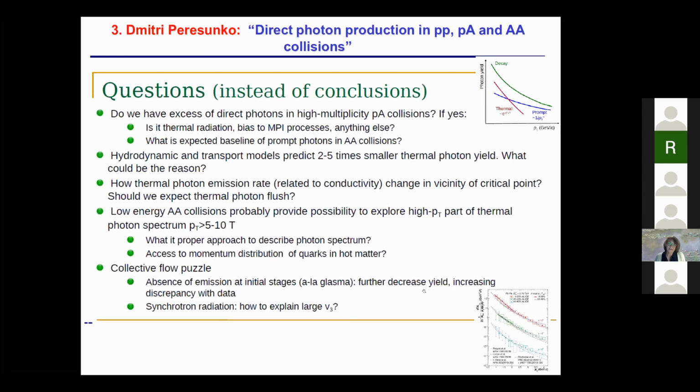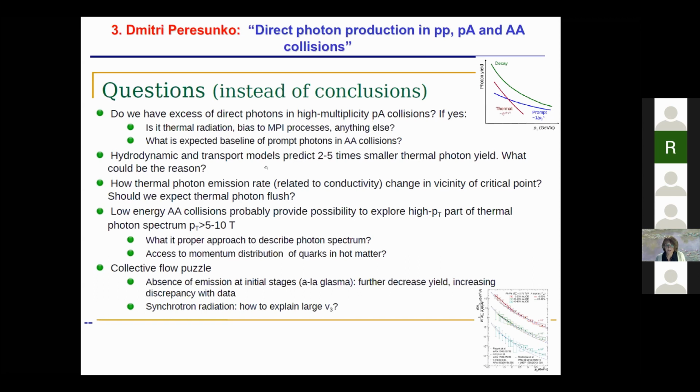Okay, then we had an experimental talk with a review on direct photon production from proton-proton to proton-nucleus and heavy ion collisions by Dmitri Peresunko. And here he actually already raised the question, and I will not read all of them, but we come to this slide in our discussion. The main question is how to understand the experimental data on direct